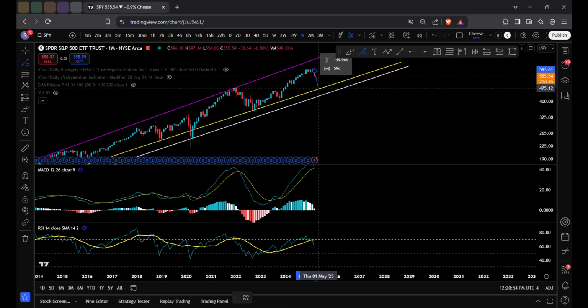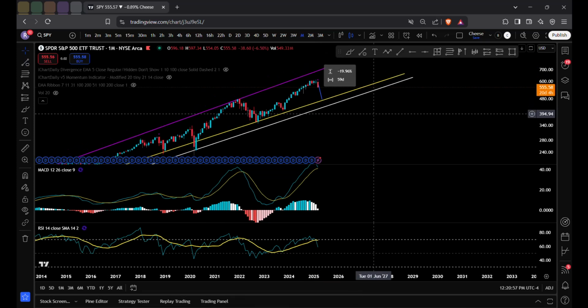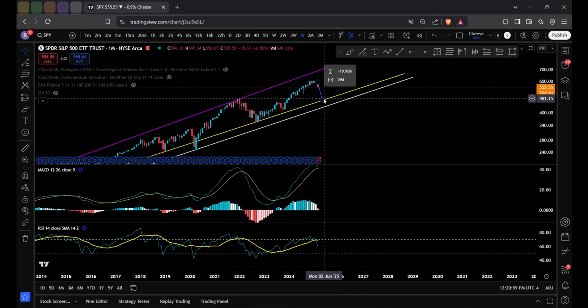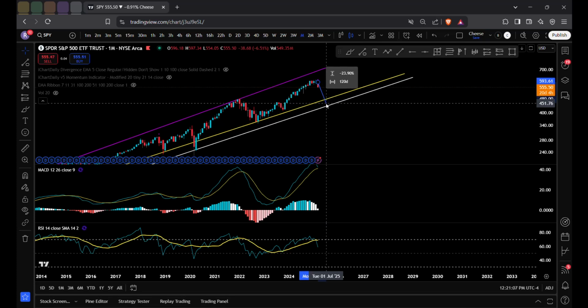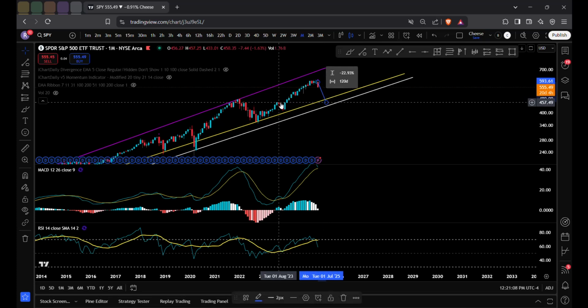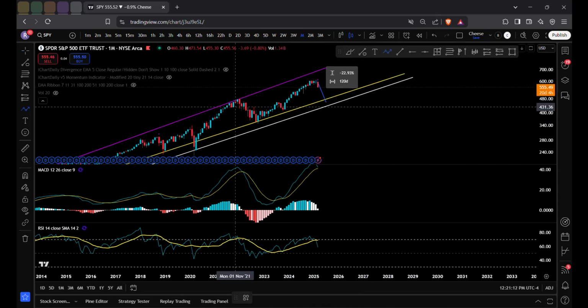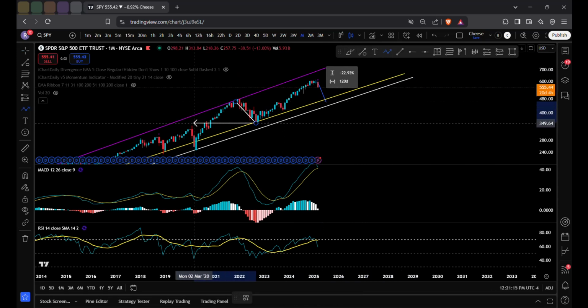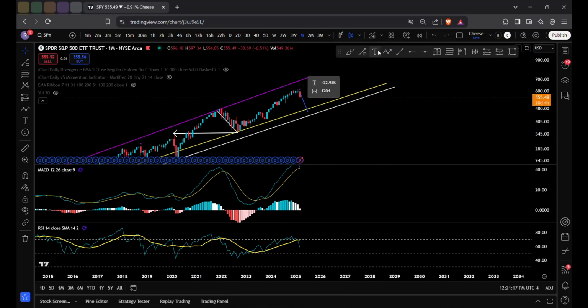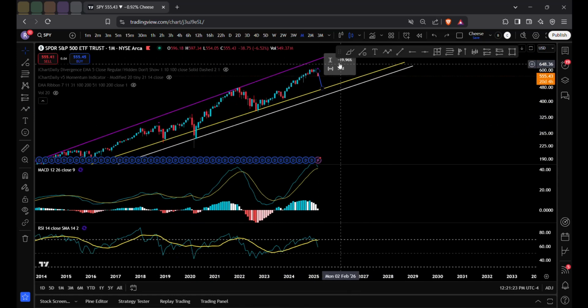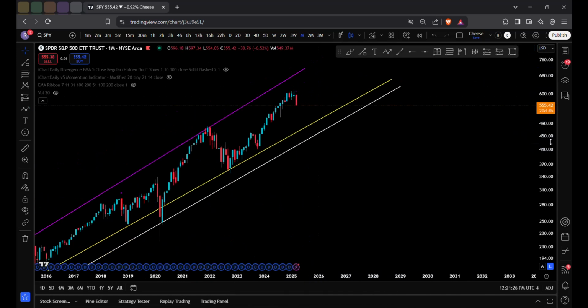60 days is May. I've been saying April, May the whole time. And then the summer comes. 20% would be back and retesting the 477. And I like it to the 22%, which retests the 457. The same way that this came down and retested here, I would like this to come down and retest here. I like it.